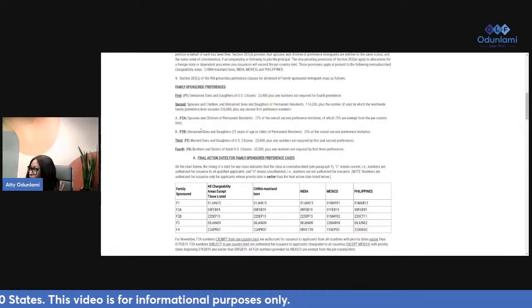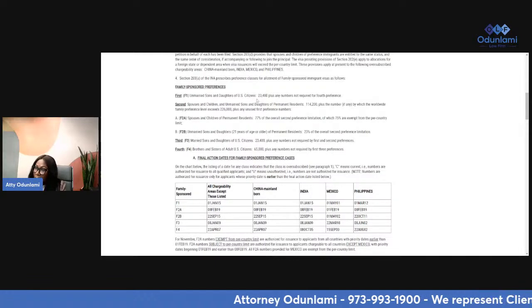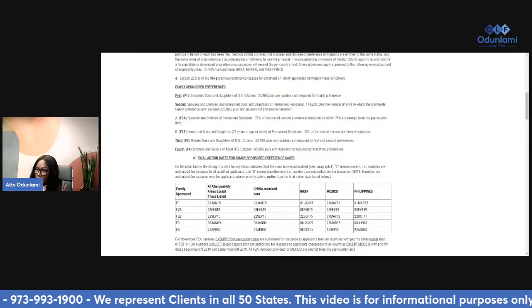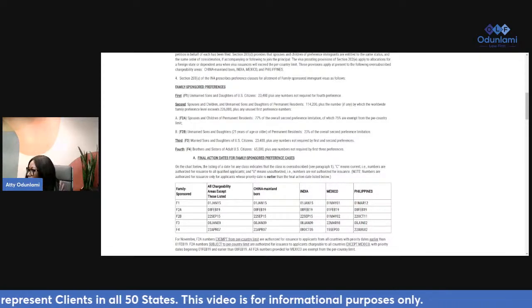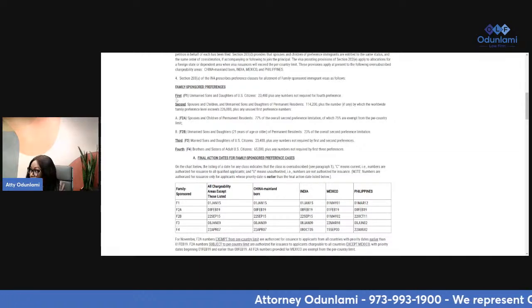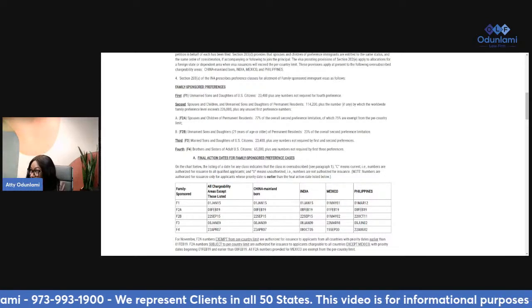It's really important. So under F1, F1 is unmarried sons and daughters of U.S. citizens. And another thing I want to tell you is immigration makes a difference between sons and daughters, which are people over the age of 21, right? And children are under 21, sons and daughters are over 21. So under the F1 category, and we distinguish this, not F1 for students, F1 for a preference group. F1 is unmarried sons and daughters of U.S. citizens, right? Follow me, because I have a purpose for this and it's really important.